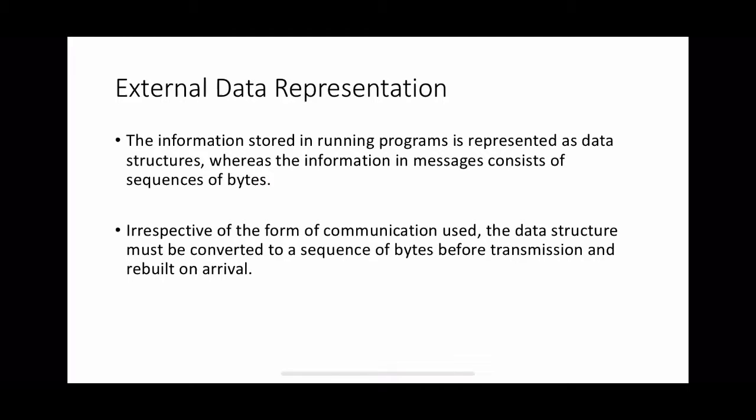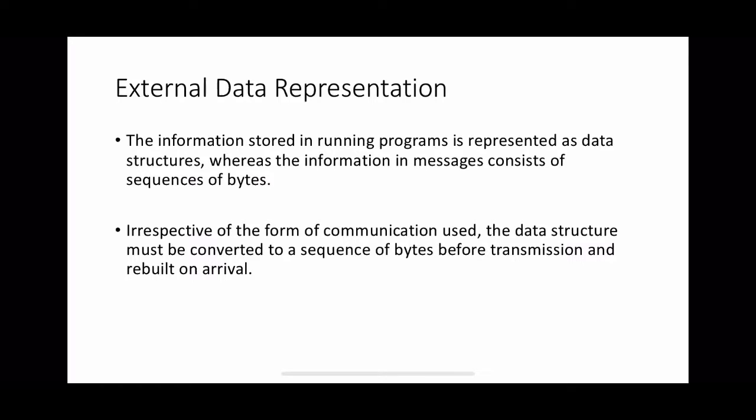So a lot of issues or challenges are here. The message may contain a lot of data items, and different computers may use different formats for storing the same data. That's one of the problems. That is, sender and receiver may use different formats for the same data structure. So when we flatten at the sender side and rebuild at the receiver side, it should be ensured that the correct data structure, with its correct properties, is restored.